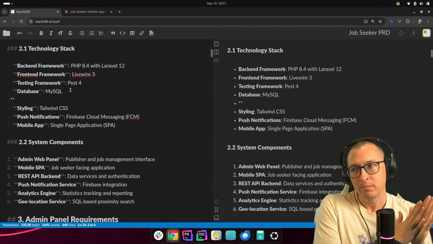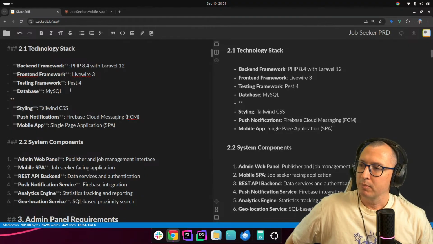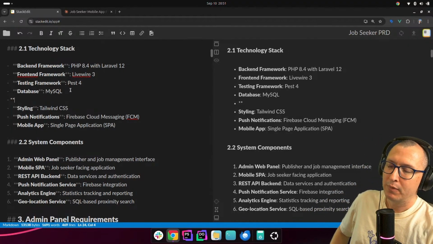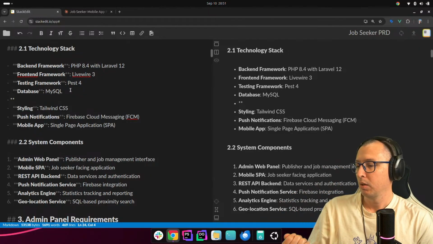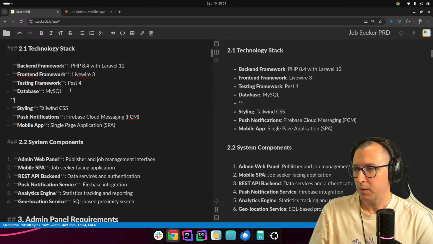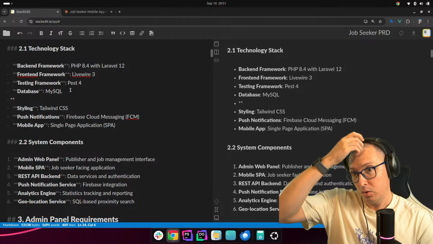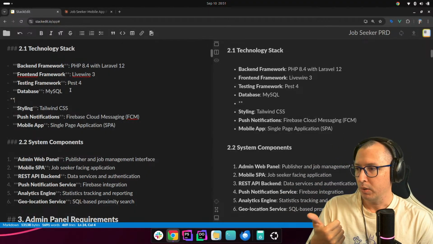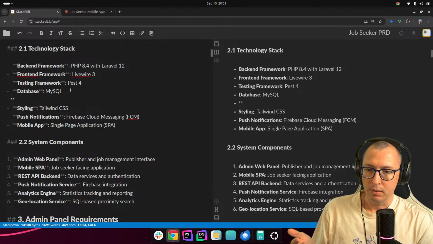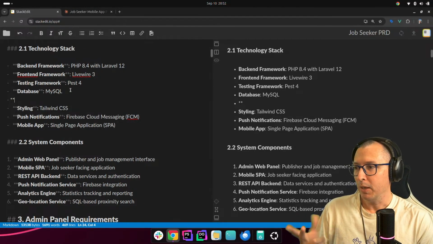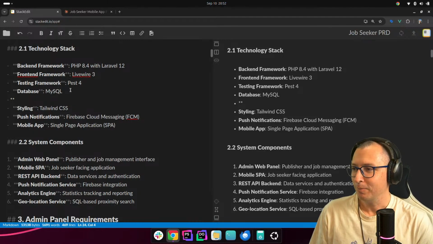So if you ever have the opportunity to create a document like this, definitely do it, so that before you even start coding and spending time on something, you have a clear idea of what you're doing, roughly how long it's going to take, and your boss can estimate how much that is going to cost. So before you even begin,